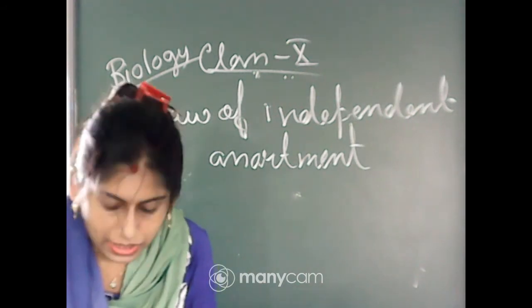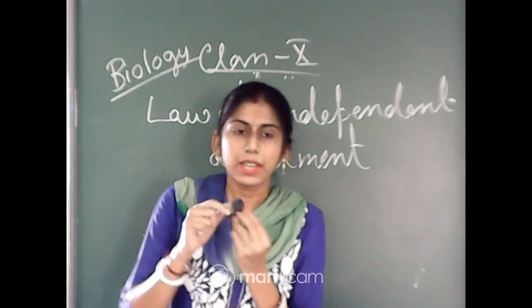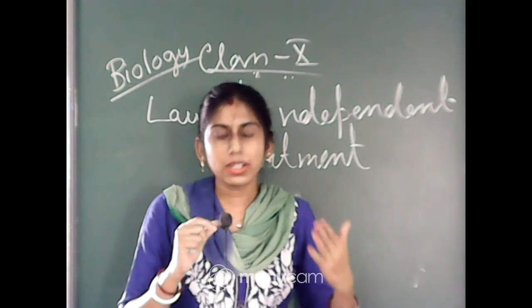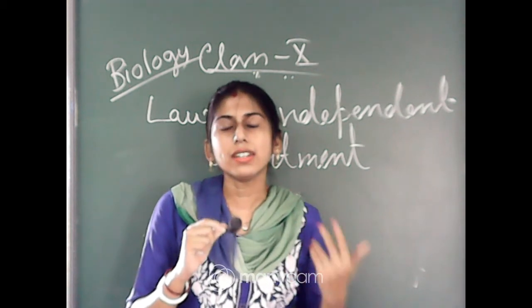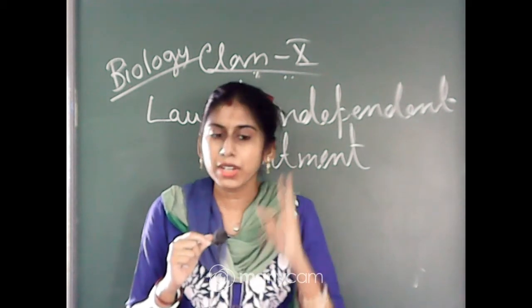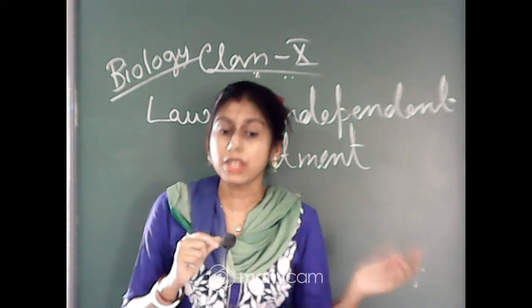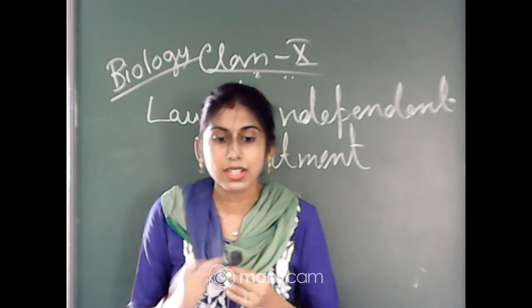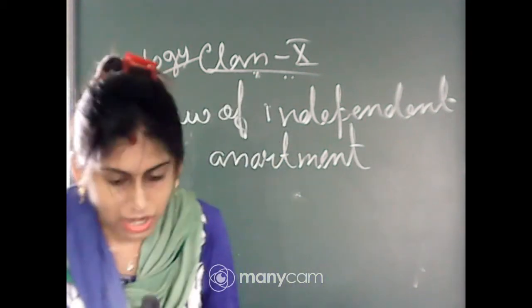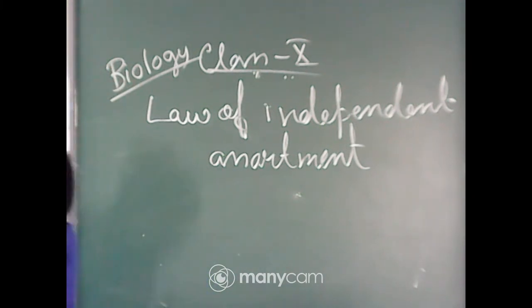Law of segregation means that in the F1 generation we saw that all the plants were tall, expressing only the dominant characteristic. But when they are crossed with the same plant, in the F2 generation we get 3 tall and 1 dwarf. So in F2 we get both dominant and recessive characters. At the time of segregation this type of characteristic can be seen; that is the law of segregation. And the third law is the law of independent assortment. So what is the law?